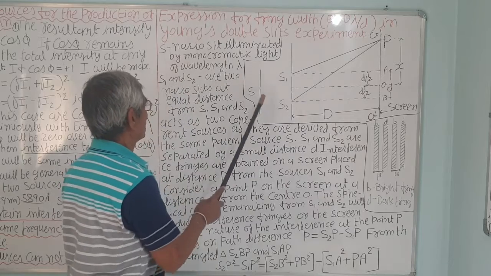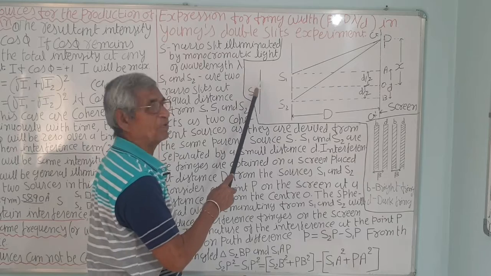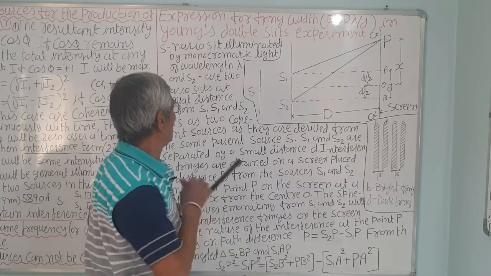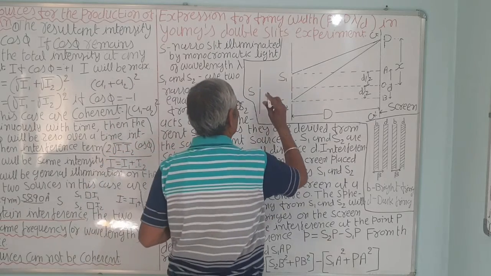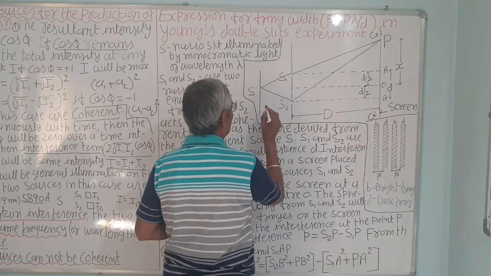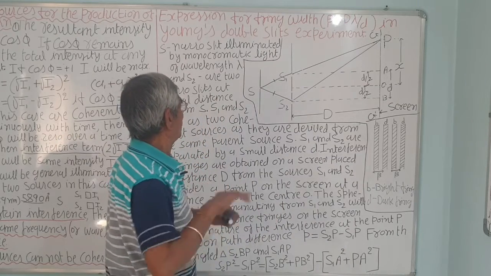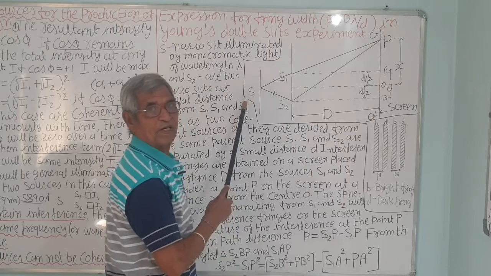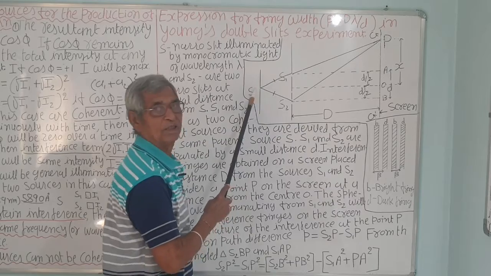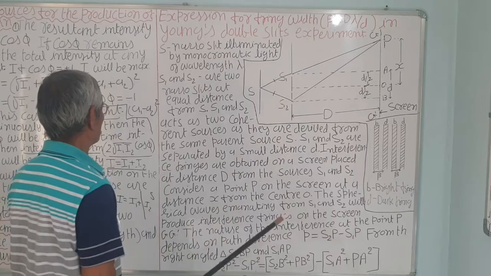So in Young's double slit experiment, S is the source of sodium light which he used. A spirit lamp he used with a little salt in it. Correct? So S1 and S2 are at the same distance. These distances are the same. S1 and S2 are derived from one parent source S, at equal distance from S. So they are coherent in space and time, that is, they act as coherent sources.